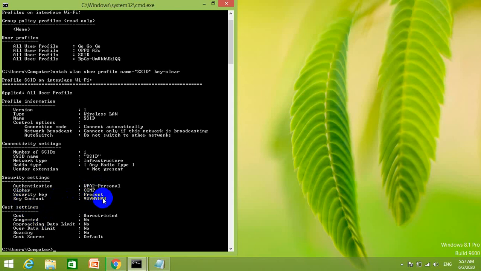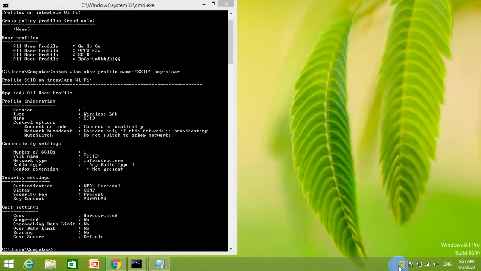Now I'm going to use goodguess.txt, which is a password file that has a couple thousand passwords in it, but you can use one that you find. I particularly recommend the RockYou one to begin with. As soon as I press enter, it's going to launch a window that's going to begin to attempt to crack the password by trying a whole bunch of stuff